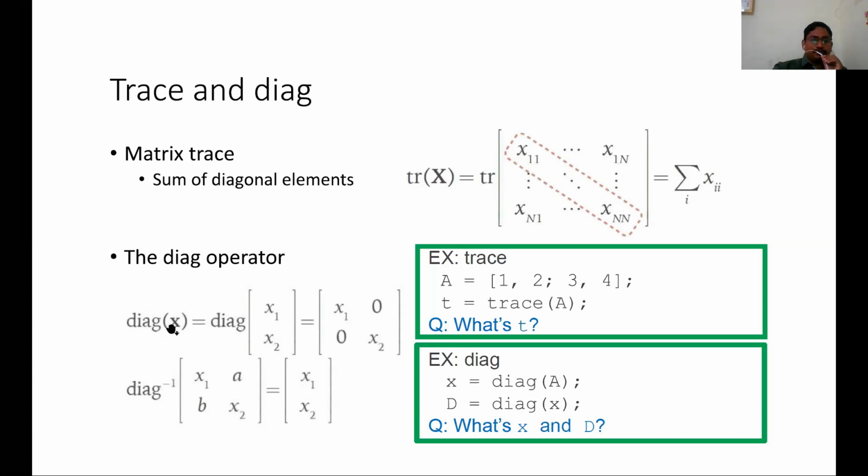And suppose you want to arrange x1, x2 diagonally, so just type diag of x1 x2, and the remaining elements will be 0. Suppose you have a, b, c, then it comes as a 3 by 3 matrix. So x equal to diag, and the elements a, b, c are given here. First a you have to mention. You can see the output of these two commands in the MATLAB session.